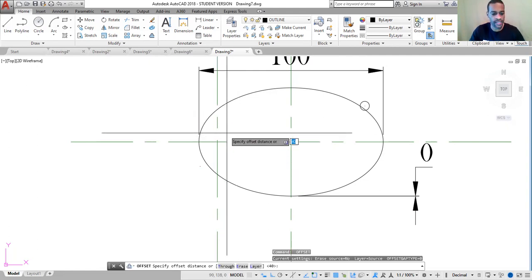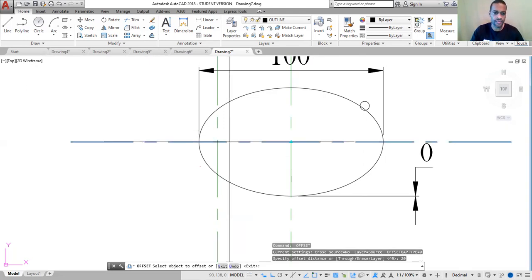We want this to be 20 up, so we type 20, enter, click this,